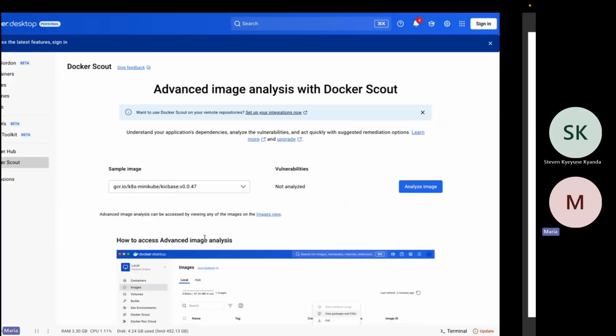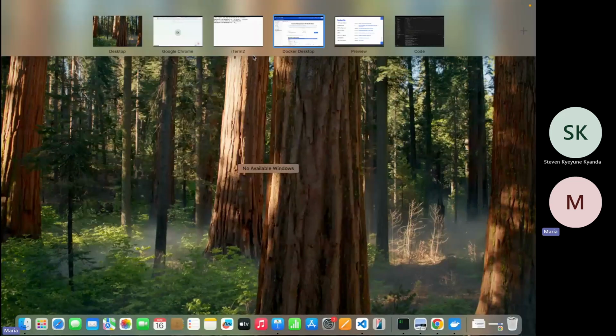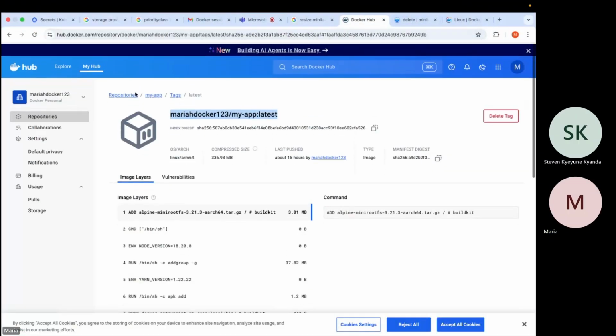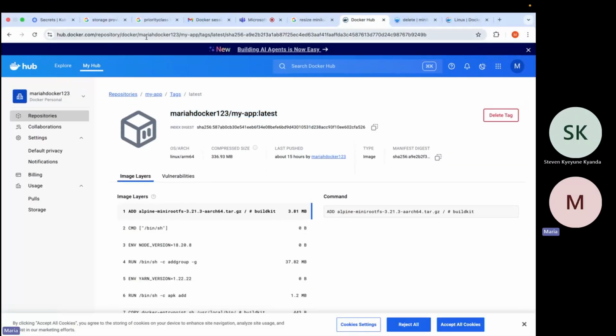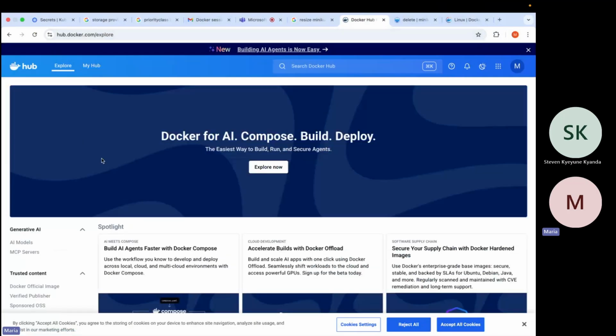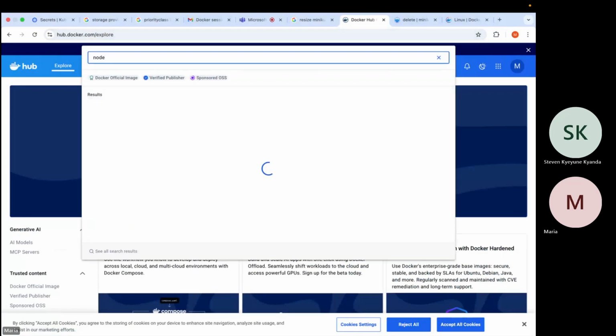How do you find these images? You find these images on Docker Hub. So Docker Hub, you go to hub.docker.com and you're able to see these images. So when you click on Explore or when you search Docker Hub, type in Node.